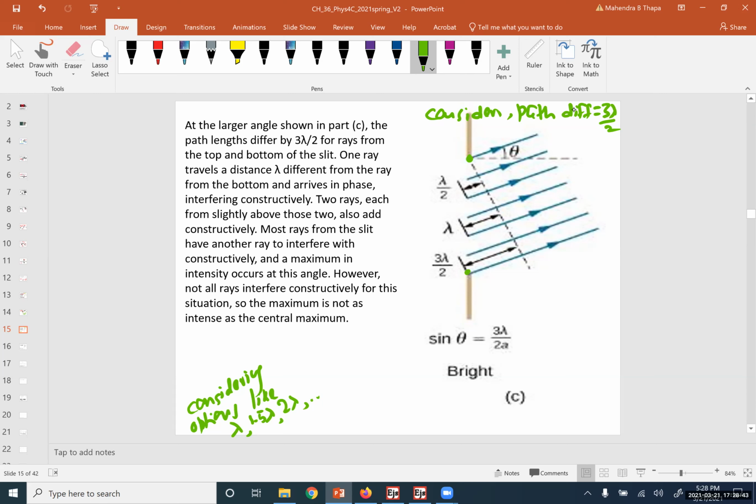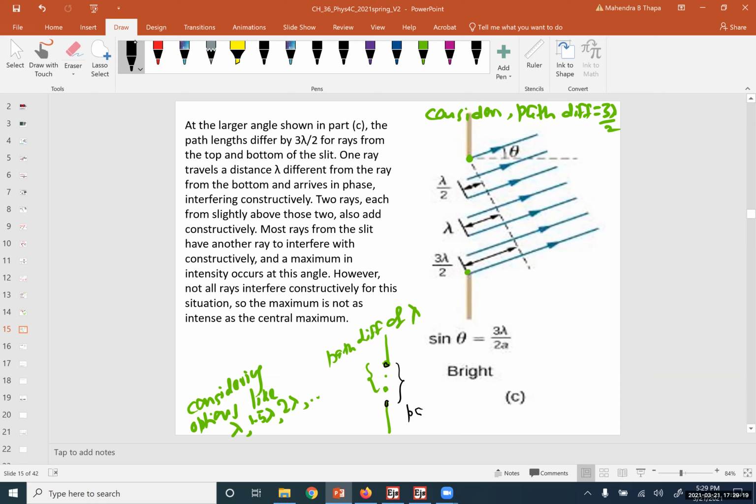We can divide this slit into 3 parts. If we divide it equally into 3 parts, what will happen? The light emitting from this point and the light emitting from this point has a path difference of this value, lambda. Be careful that the path difference from this point and this point